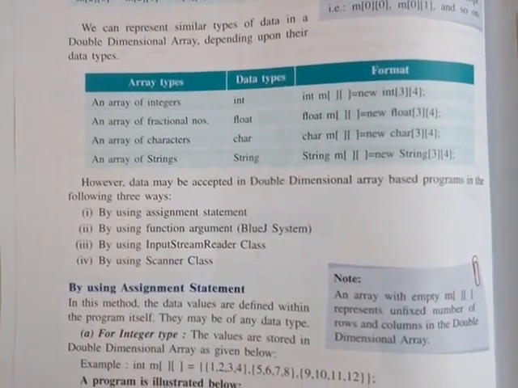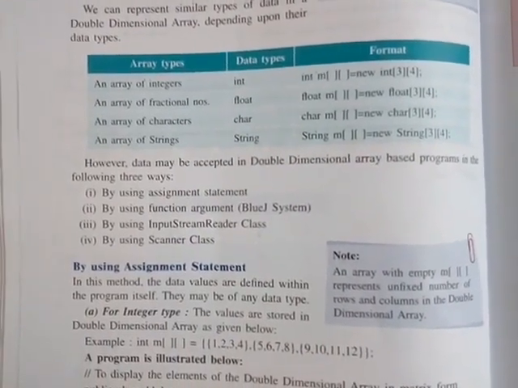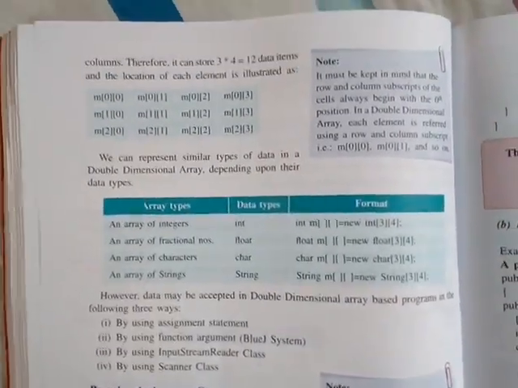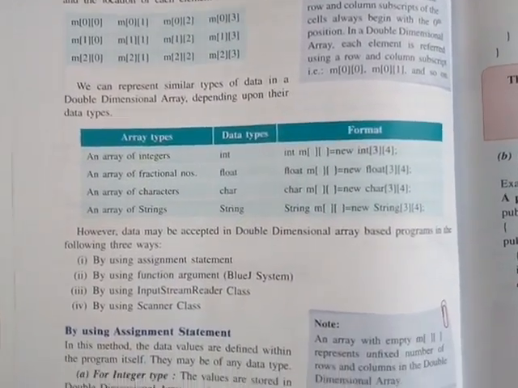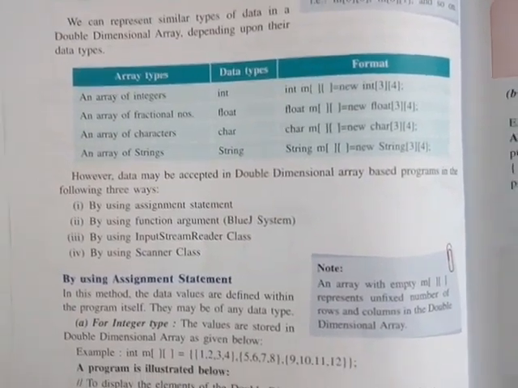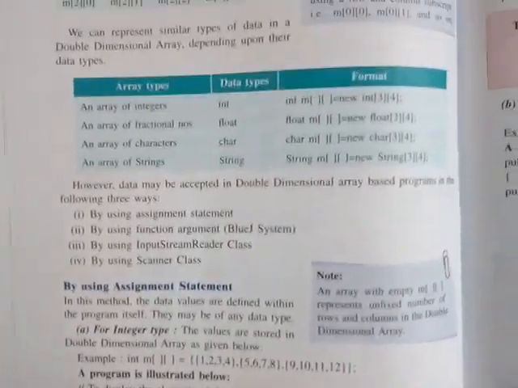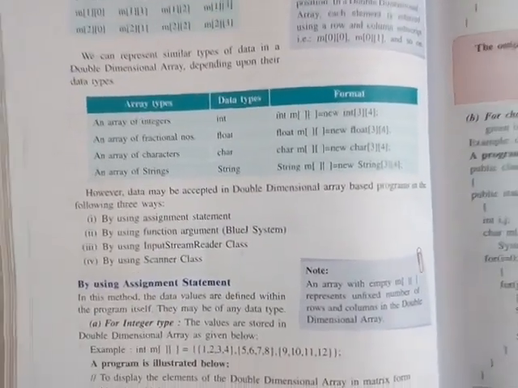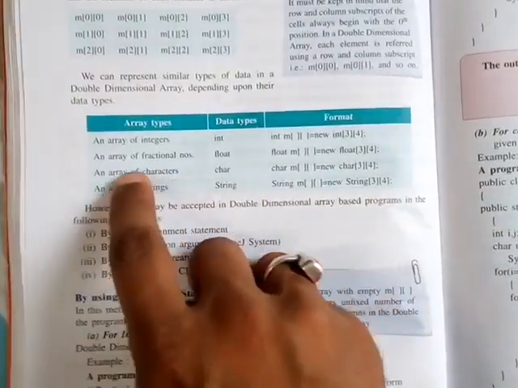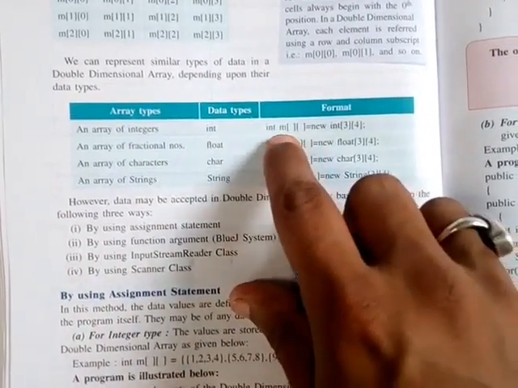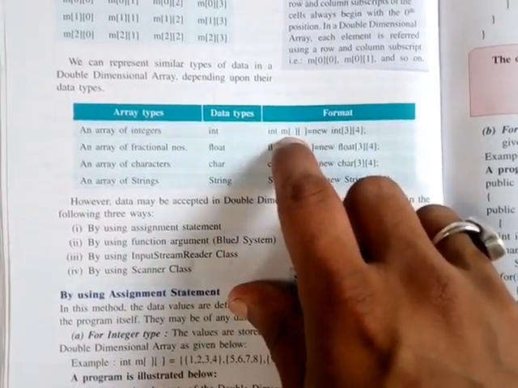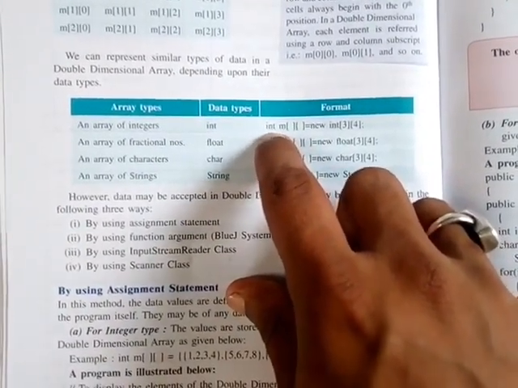Okay, so now you see I have your book. I am going to explain arrays from this book, and first of all I have explained how to declare the array. I have already explained it, but the declaration is here also. So it would be okay if I declare once again an array of integers. How to declare an integer type array? int m. It is the name of the array, m. What type of array? Integer type.